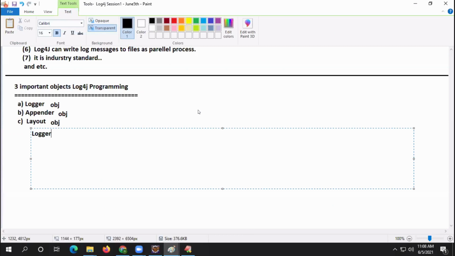Logger object. What is this? Enables logging on the given Java class, guys. Next.